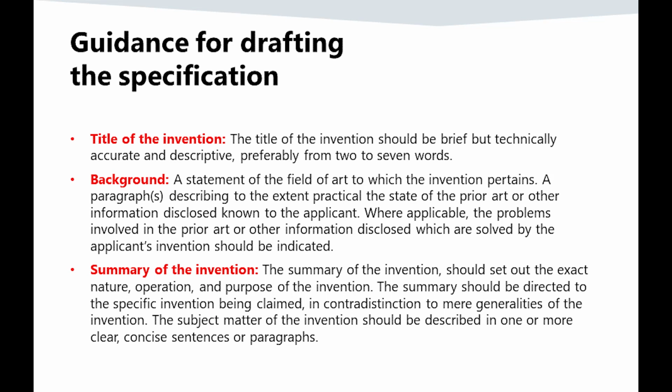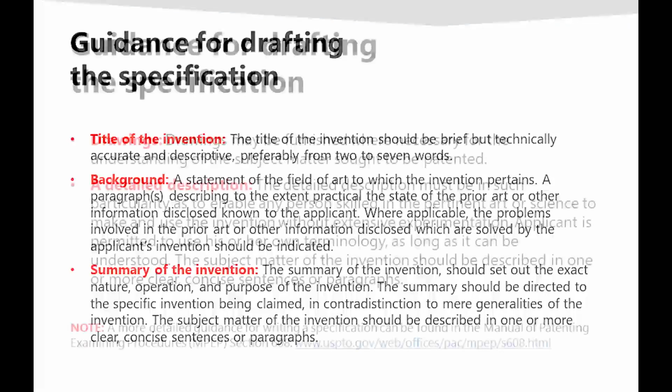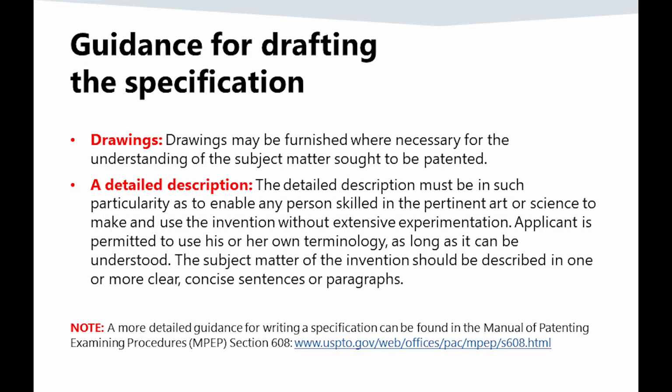The summary of the invention should set out the exact nature, operation, and purpose of the invention. The summary should be directed to a specific invention being claimed. The subject matter of the invention should be described in one or more clear, concise sentences or paragraphs. The summary of the invention should be specific and avoid generalities. The drawings. The drawings should be included in the application so as to better describe and show the invention. The drawings may be drafted using a CAD tool, or hand drawings are also acceptable as long as they are